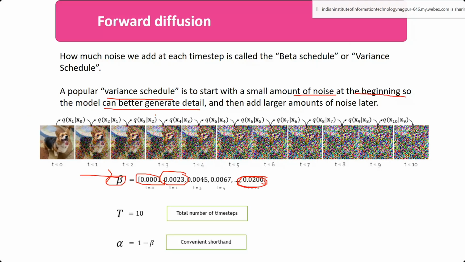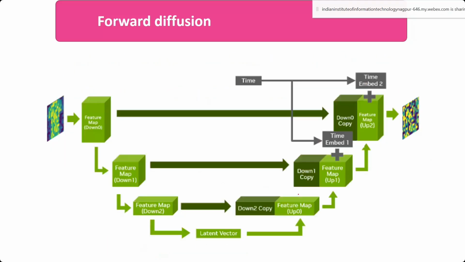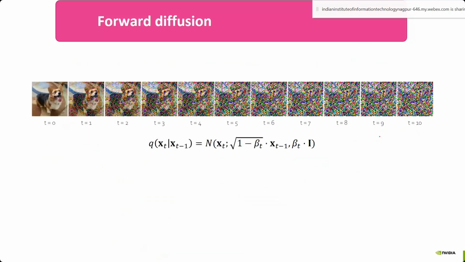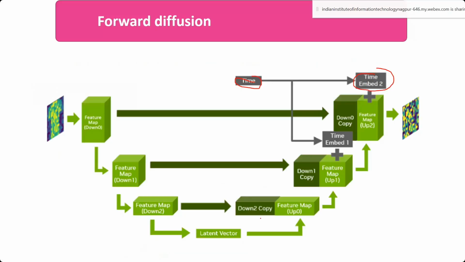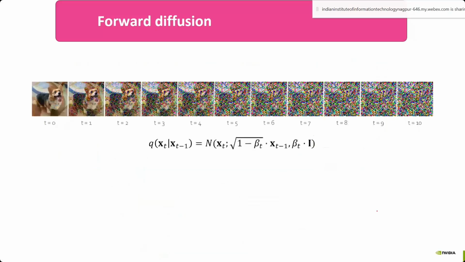There is also a convenient shorthand used in diffusion models: an alpha parameter is used instead of the 1 minus beta parameter. I will tell you that part as well. So this is the forward diffusion process. In your U-Net architecture, in the down path, you are adding something related to time, because at a particular time you are adding some noise, so that time information is added in this diffusion. This is the only change, the time information; the rest of the things remain the same, and step by step you are adding noise to the data.